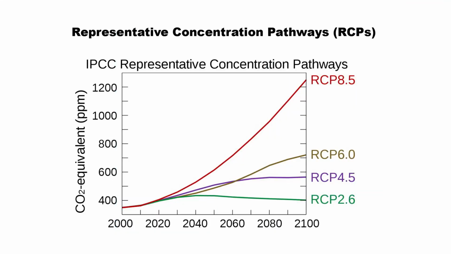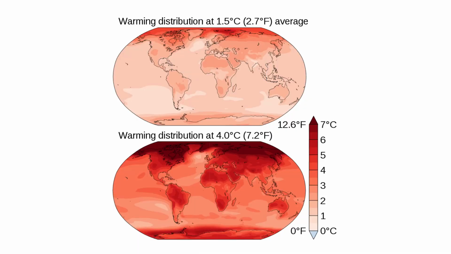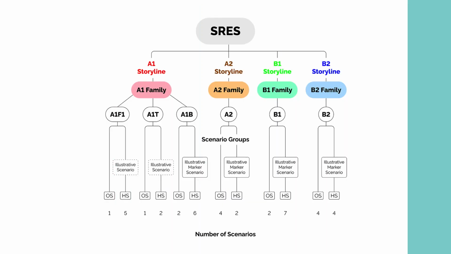In 2007, the IPCC responded to calls for improvements to the SRES and produced a new set of climate scenarios called the Representative Concentration Pathways, or the RCPs. The RCPs are the latest iteration of the scenario process and are presented in the IPCC's Assessment Report 5, in preference to the SRES. The SRES scenarios use socioeconomic modeling to inform potential emissions trajectories, while the RCP scenarios are